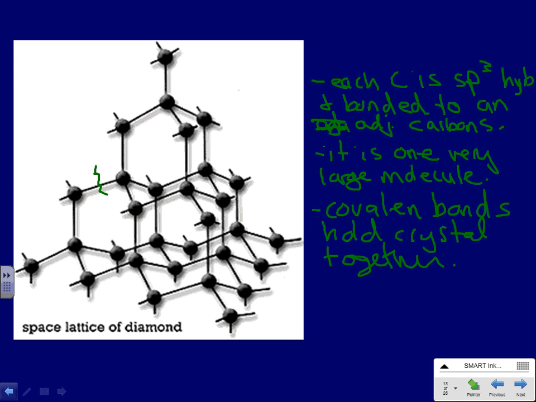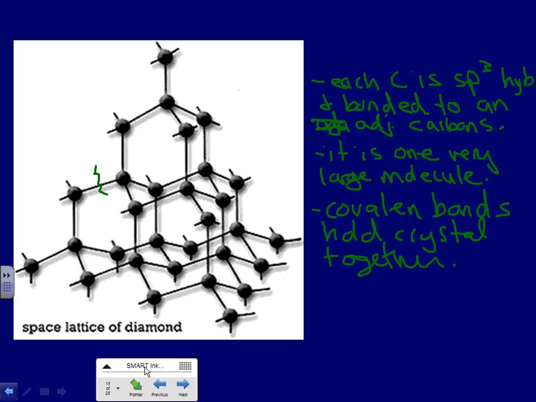So super, super strong, held together by covalent bonds, and super directional. The tetrahedron is the strongest shape three-dimensionally that you can create, because it's always being supported on that diagonal. There's always strong support. So to summarize and to get an idea of the properties here,